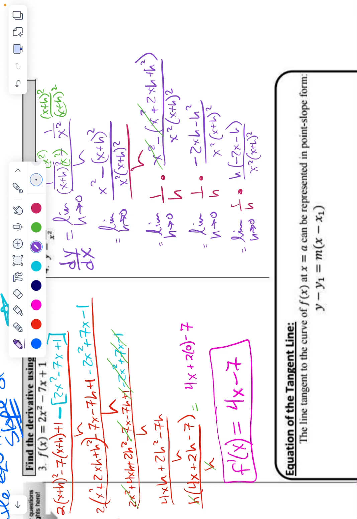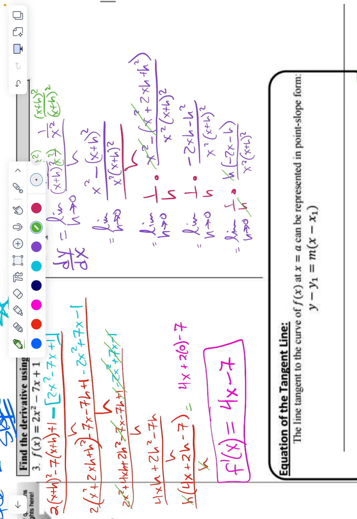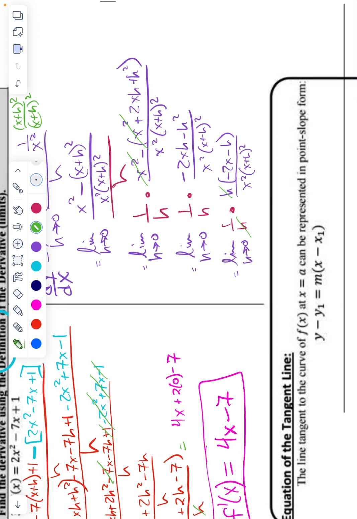Okay, now we can cancel. Now we're not indeterminate anymore. Now we can plug in. Okay, so I'm running out of room. Let's go this way. We do not need the limit anymore because we're about to substitute